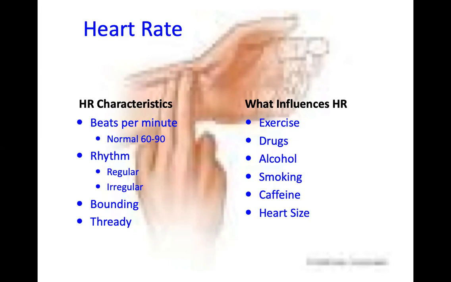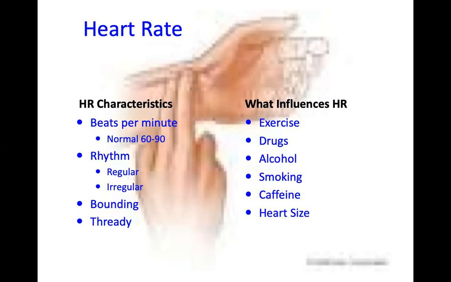And you can just do it if you get yourself a little pulse ox. You slide it onto your finger, and the pulse ox will give you the percentage of oxygen that it's calculating off your nail bed, but it also gives you a heart rate. So in that case, you don't even have to find the radial pulse. You can just get their heart rate off of the pulse ox. They're little plastic, they almost look like little alligator clips, but they're perfect. And then you have their heart rate and their oxygen percentage.